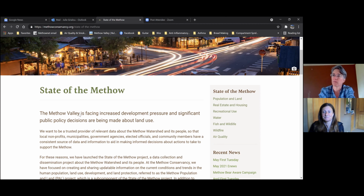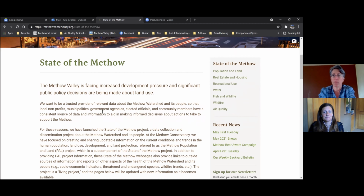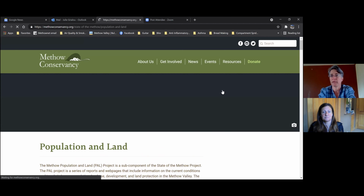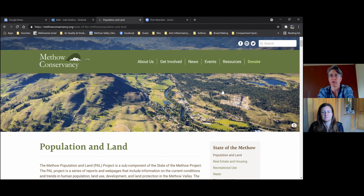Cool. So, okay, here we go. State of the Methow. So here's the opening page. You can see these menu sections on the right. And then again, I mentioned the population and the land. So that's really the bulk of the information that we collected. And then within that, you can scroll down to